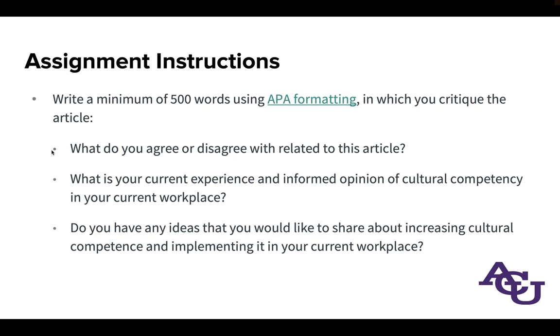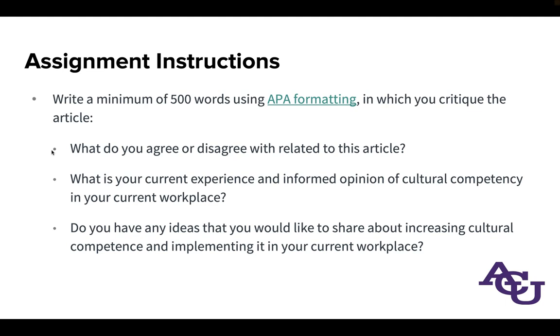Now, I've seen students discuss current workplaces as their most current or most recent, as well as where they're actively employed, depending on where you are in your studies and your professional arc. And in some cases, they'll describe as their workplace a place where they're doing clinical rotation, clerkship, etc. So if in doubt, ask your professor, but generally current workplace will be the most recent applicable situation, which may not always be exactly the one that you are working in right now, but one in which you can discuss this